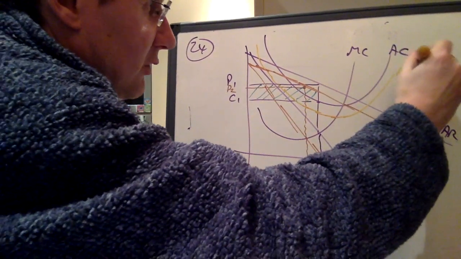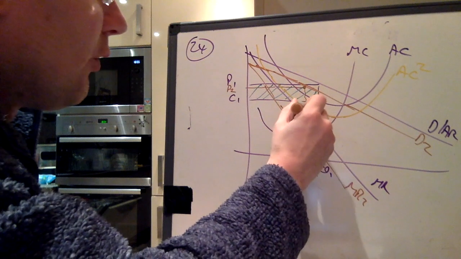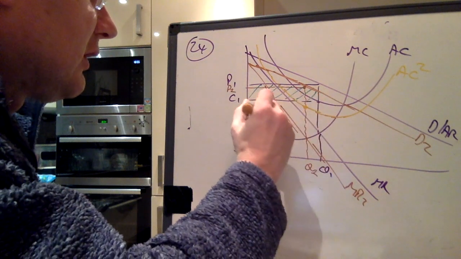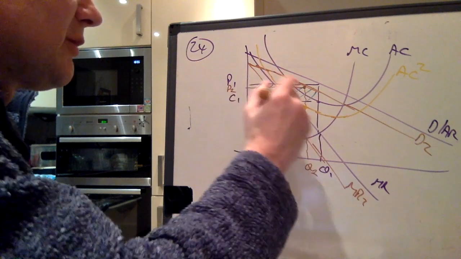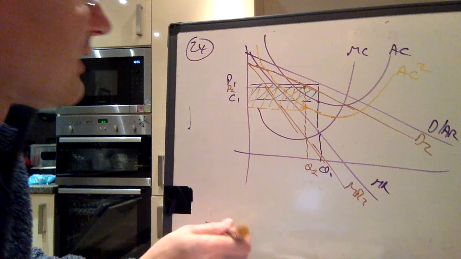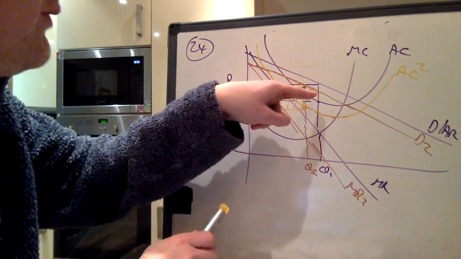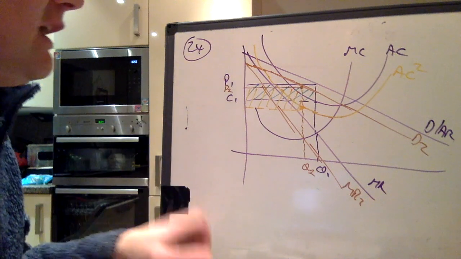So there's average cost, falls to average cost 2. Ooh, that's very yellow. So therefore, we now know that our unit costs are here. And with a bit of luck, that's not too bad. So my profits are now this yellow area there, instead of the slightly smaller, kind of greeny purple area. So the key is that,